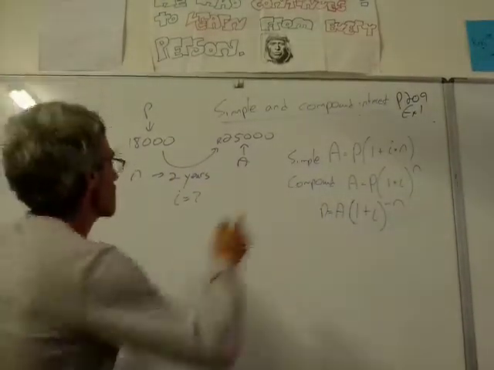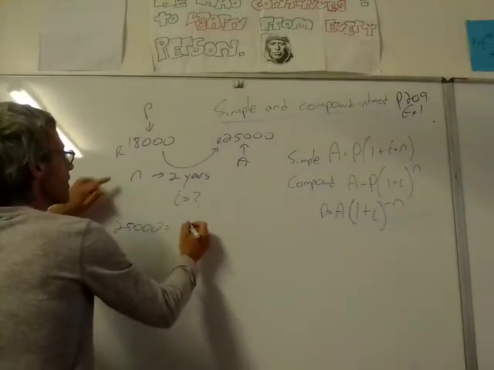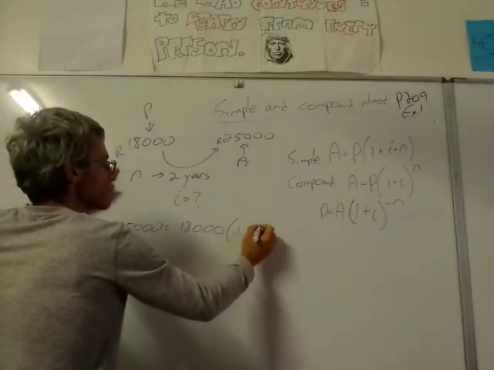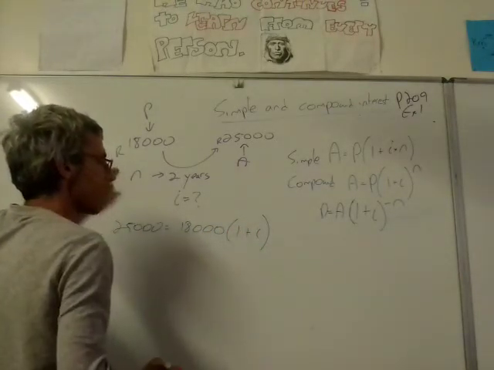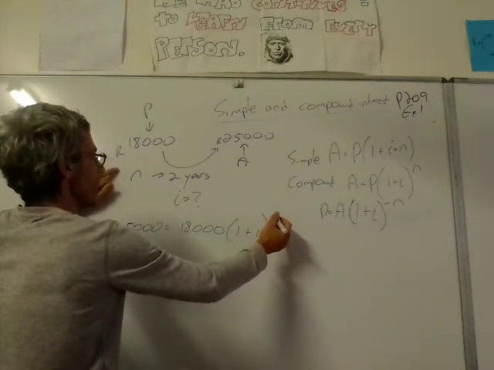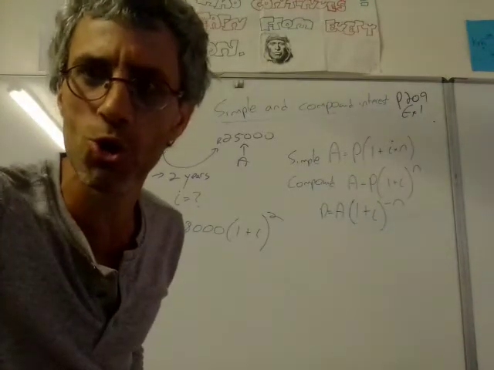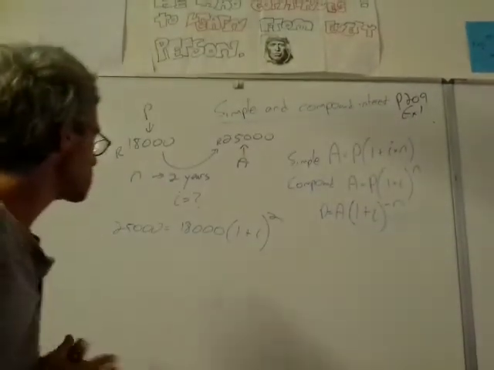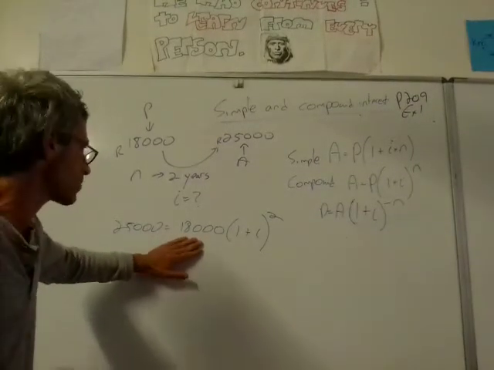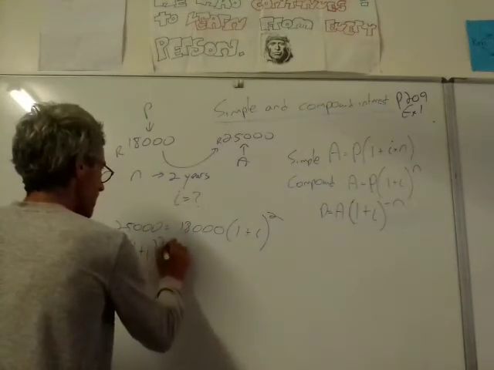Okay, compound interest. Again, the same A. So 25,000 Rand equals P, 18,000 Rand, 1 plus I to the power of, what do we get here? What was the power of the n? 2. Okay, now it's a little bit more. So what do we do now? Let's start with what we can do. Let's get rid of the 18,000. We'll divide by 18,000. So we're going to write 1 plus I squared equals